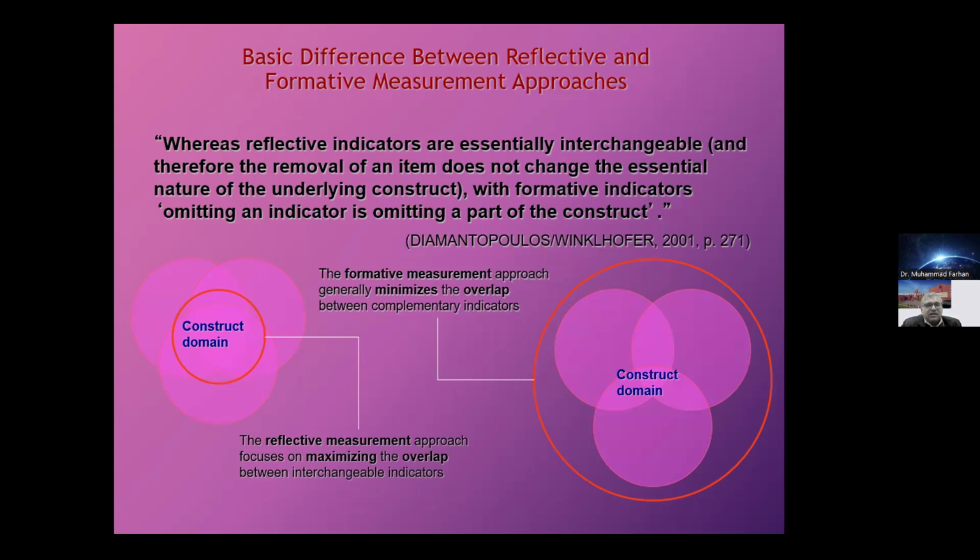This is another way to construct the domain. The construct is being formed by the indicators. Then you can see this big box and all the indicators are there. So the formative measurement approach generally minimizes the overlap between complementary indicators. Reflective measurement is the commonality between the three of them. So please bear in mind, whenever the reflective indicators are there, they would represent one and the same thing and